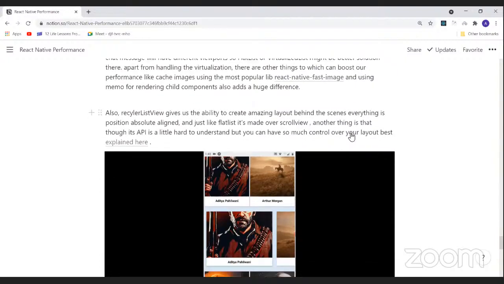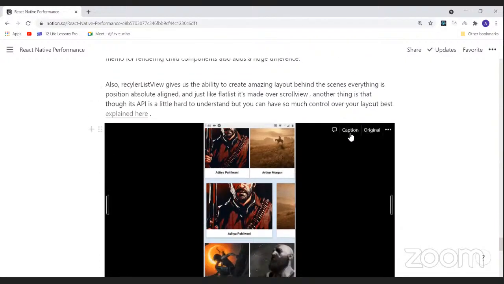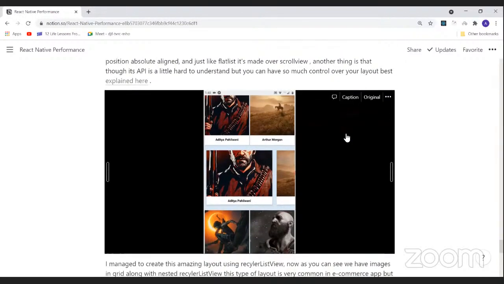Also, RecyclerListView gives us the ability to create amazing layouts. Behind the scenes, everything is position absolute aligned, and just like FlatList, it's made of a ScrollView. Another thing is that its API is a little bit hard to understand, but if you get a grip on it, you can control your layout. It's the best out there to control your layout.